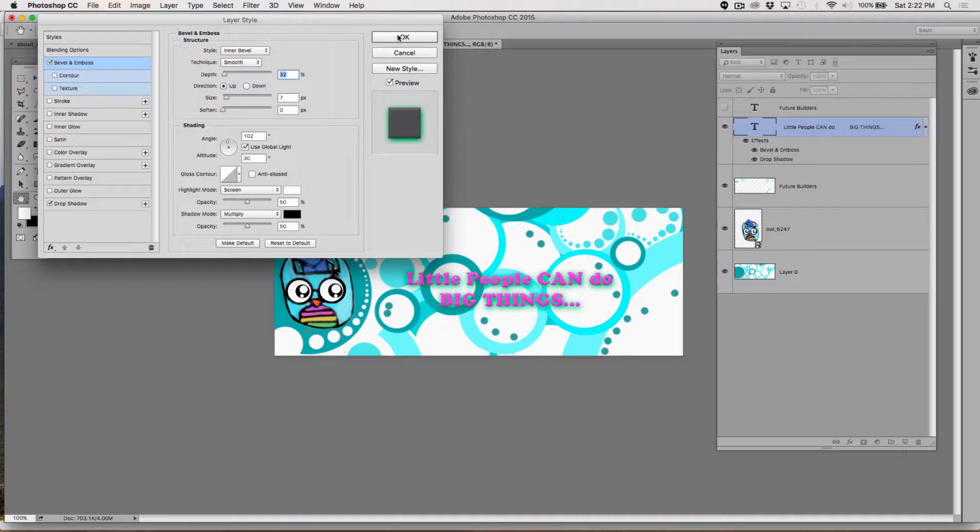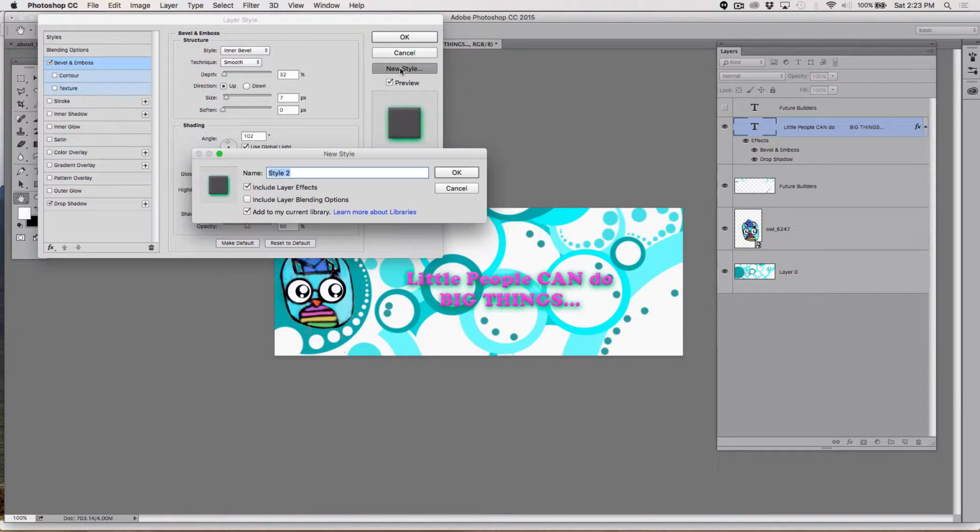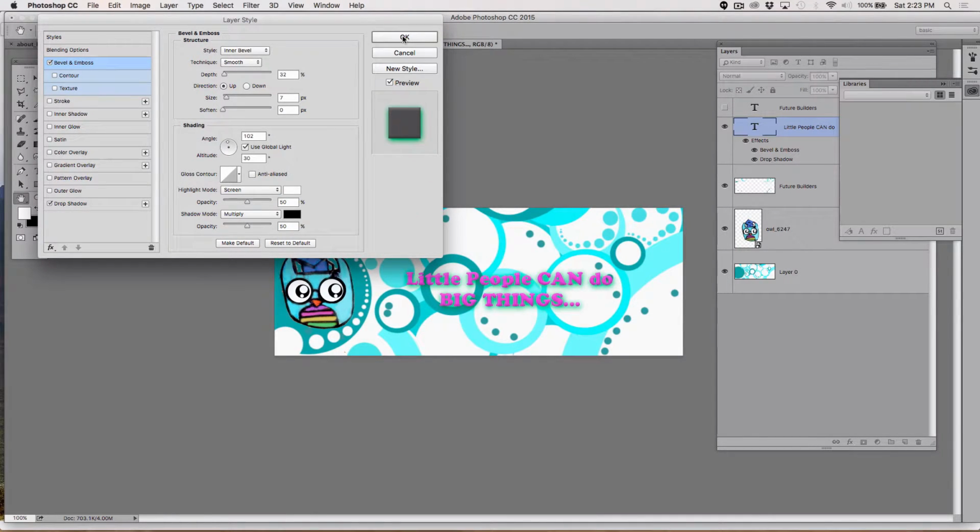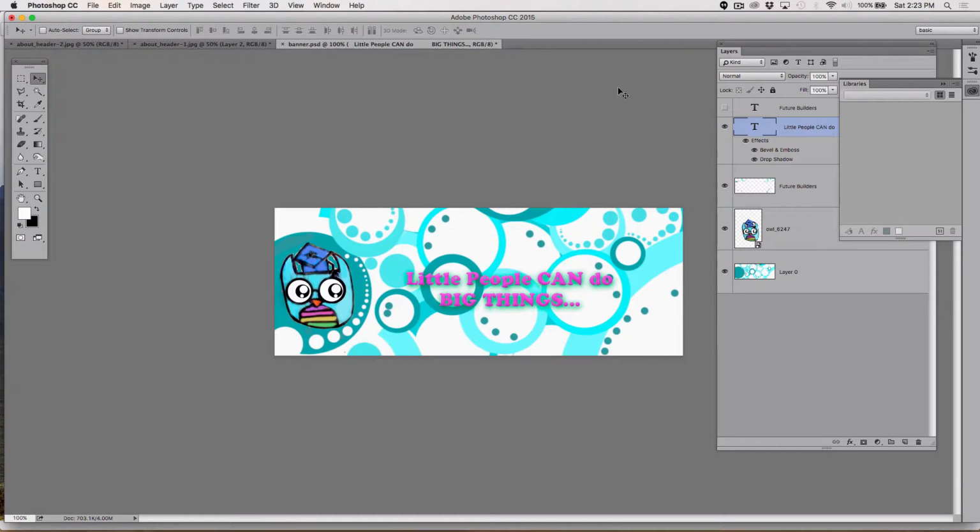And now this, as I've been wanting to tell you, can be called a new style. And so the new style aspect of this is the combination of the glow, aka drop shadow, and this bevel and emboss. So if I click this new style button, I'm going to call this one Ugly is Beautiful, and click OK. And now I'm applying the style, click OK,